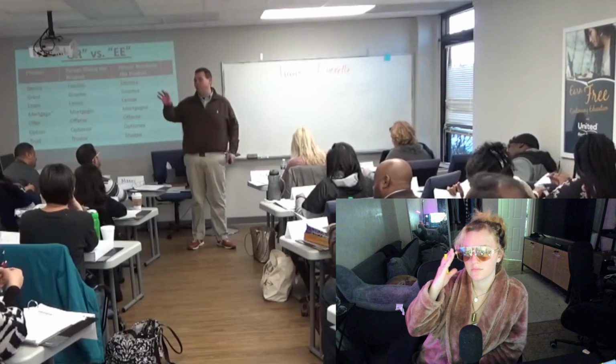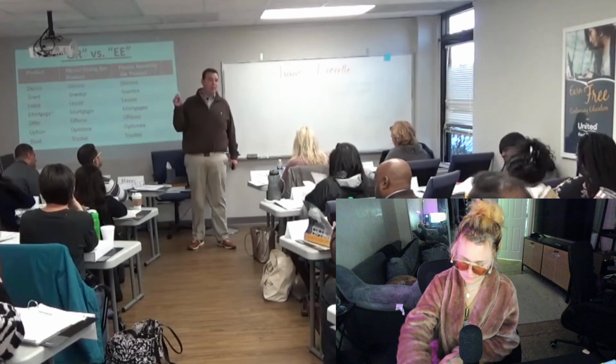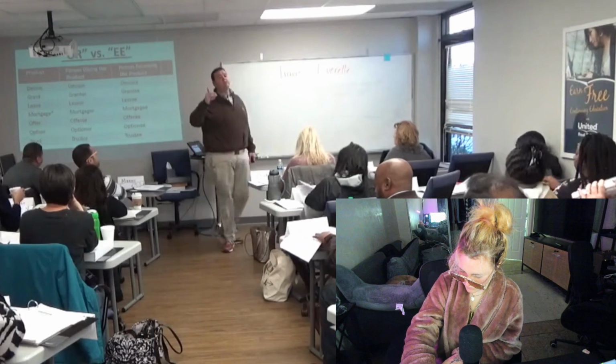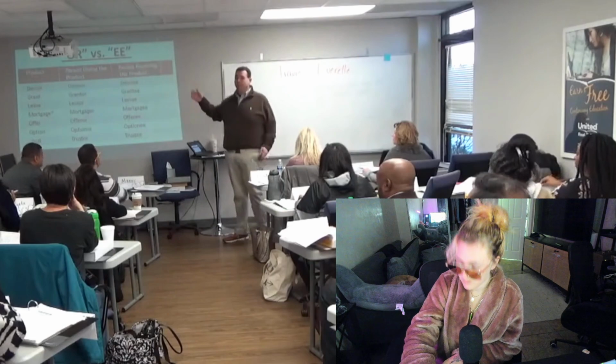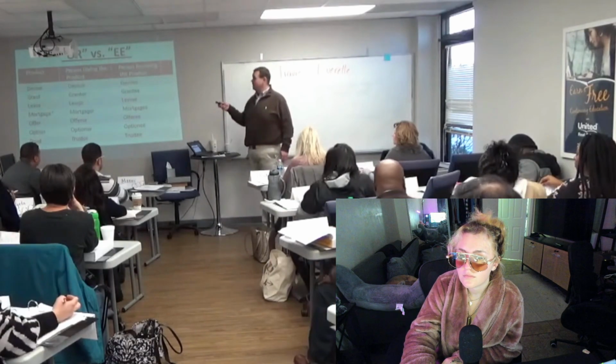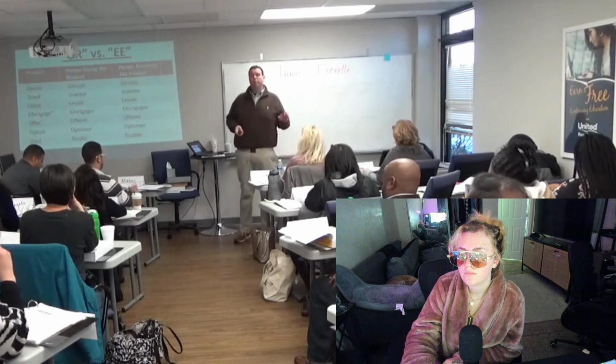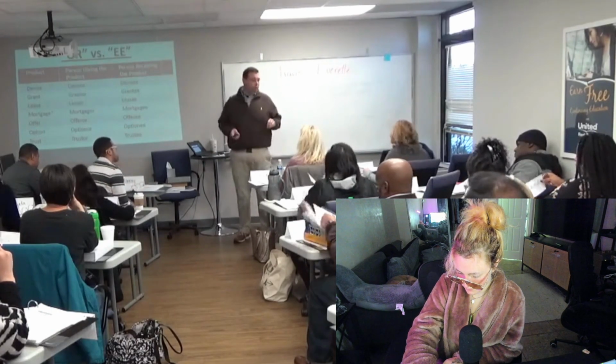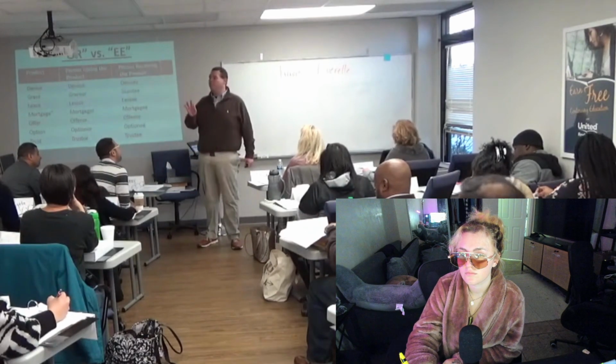A suffix is something you stick on the end of a word that changes the meaning of that word. Right? You have a root word and you have a suffix. These 2 suffixes, OR and EE, change the meaning of words in this course pretty dramatically because we use them to describe what side of the transaction we're talking about. Does that make sense for everybody?